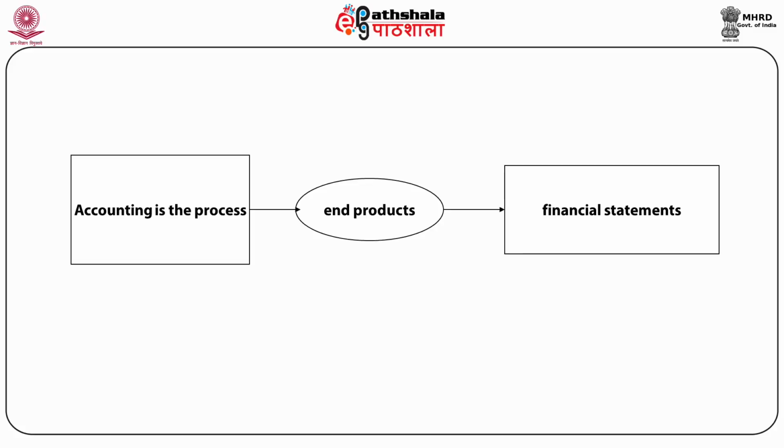The end product of this whole process of accounting, or the final output of this process, is financial statements. Now financial statements mean profit and loss account, that is profitability statement or income statement, and balance sheet,